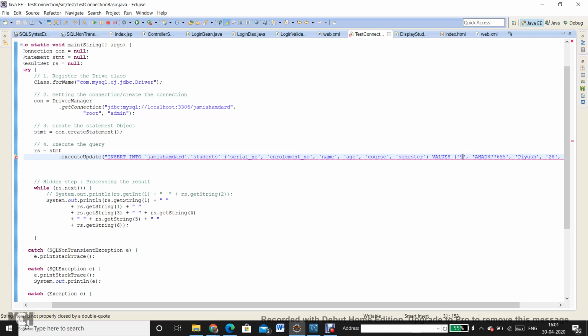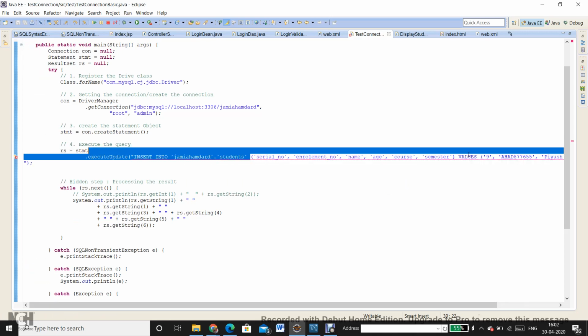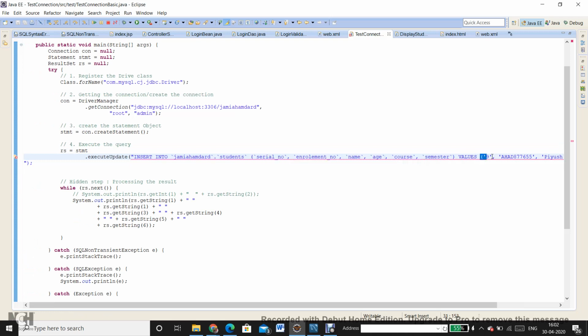And if I intend to skip some values, say if I do not want to enter all the 6 columns, maybe one of the columns is permitted to be null, then I will write the names of 5 columns and provide the 5 values. In that case I will need both mappings: the name of the column as well as the actual values that I pass.